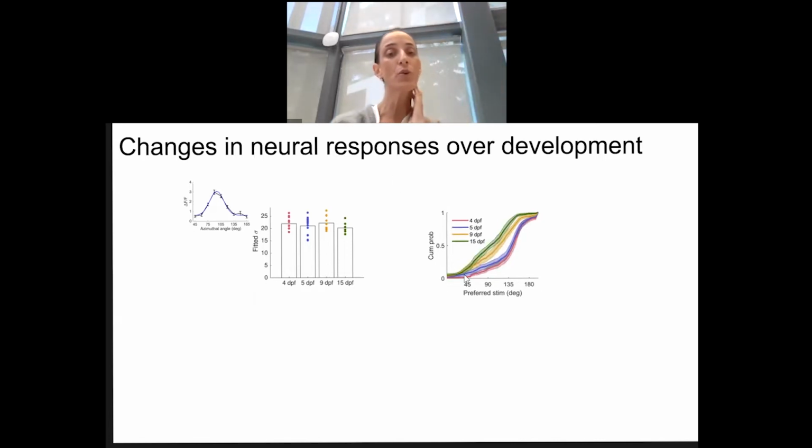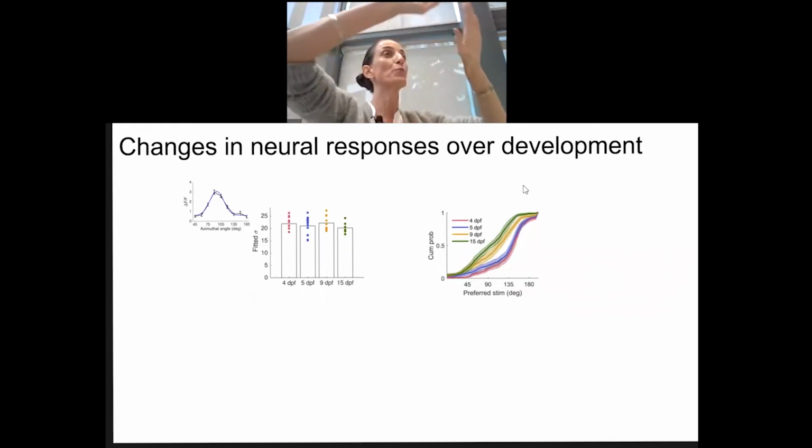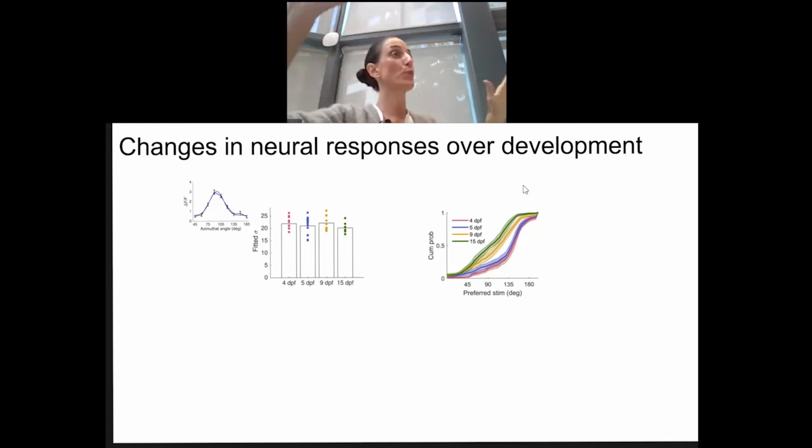So here I'm showing a cumulative distribution of the tuning for fish at day 4 and fish at day 15 and 5 and 9 and so on. And what you can see is that for young fish, most of the neurons are tuned for things that are occurring at the back. And as the neuron grows old towards the green curve, you can see that the visual field is represented evenly on the brain, as if the fish is born with some tendency to look backwards.